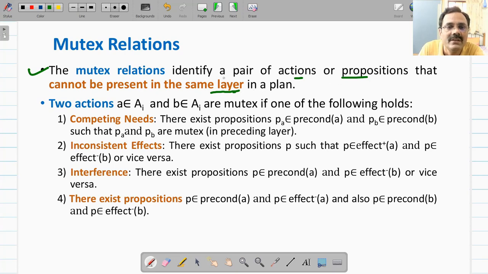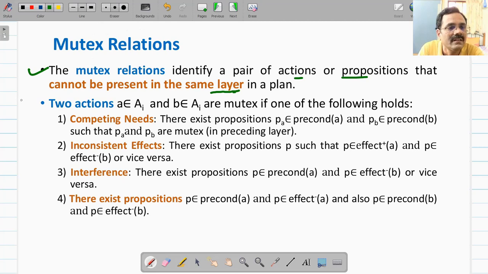Therefore, at a particular time t, if two actions cannot be executed at the same time, we will say that they are mutex actions. And if two prepositions cannot be true at the same time, we will say that they are mutex prepositions. Now we will see how to identify mutex actions and mutex prepositions.